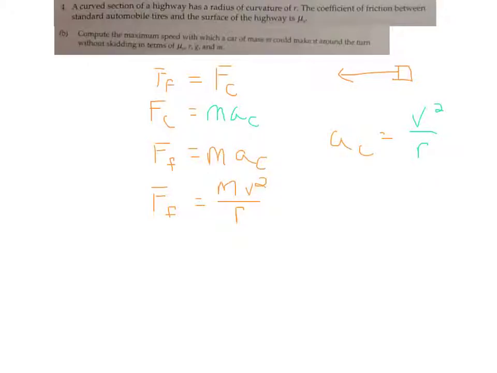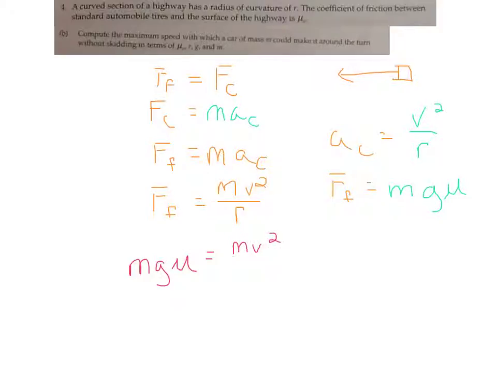We also know that force of friction is equal to mass times gravity times mu. So, in the end, we know that mass times gravity times mu is equal to